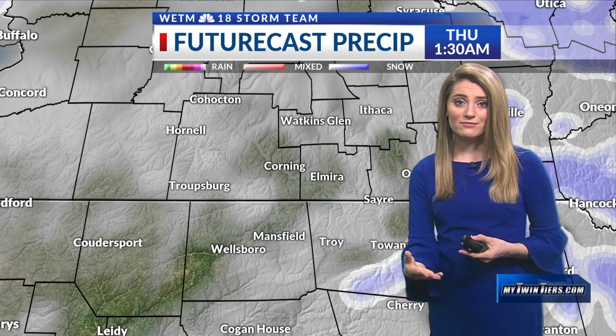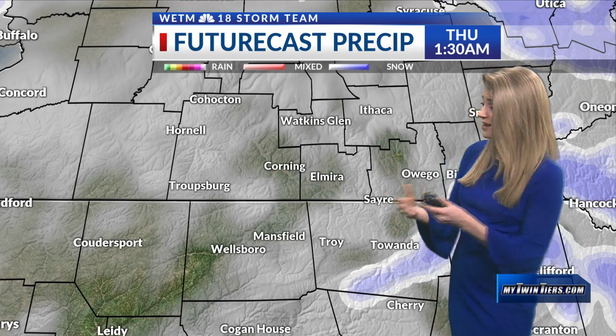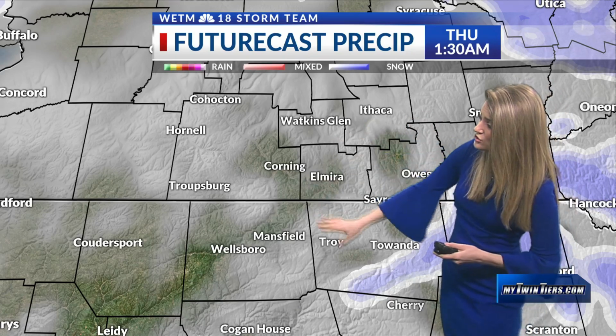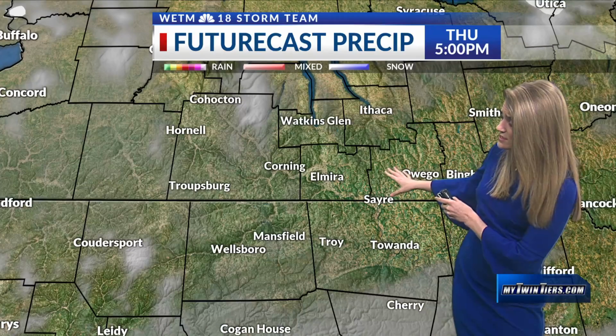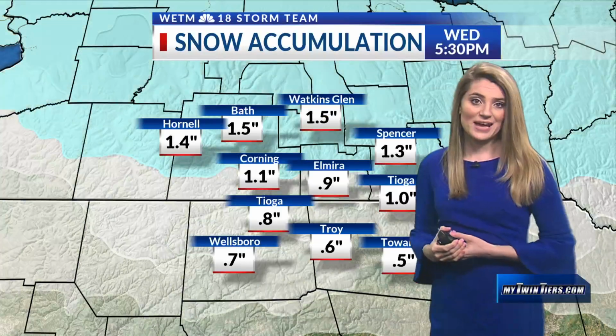roadways, and limited visibilities are still going to remain the case even as we head into the next couple of hours and even overnight. But we're going to try and kick the system off to the north and east right after midnight. We're going to try and deal with mainly dry conditions as we welcome your Thursday morning. And then that cloud cover is actually expected to dissipate. We're actually going to welcome a mixture of sunshine and clouds in the forecast as we head into your Thursday